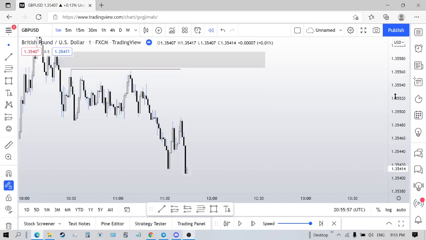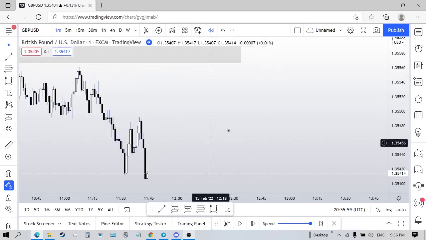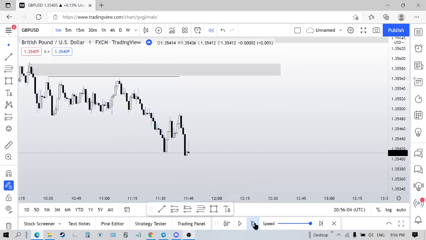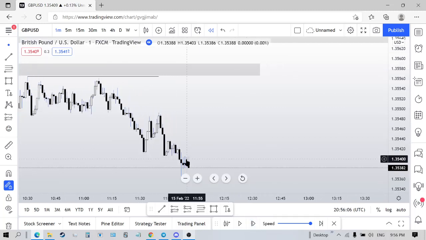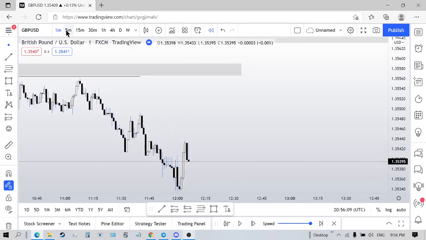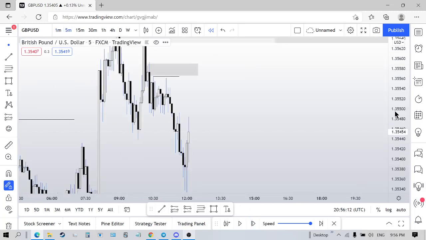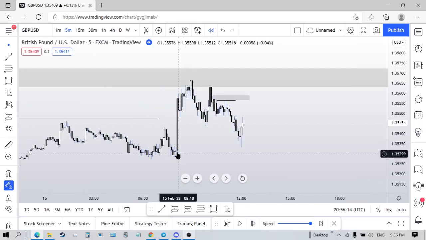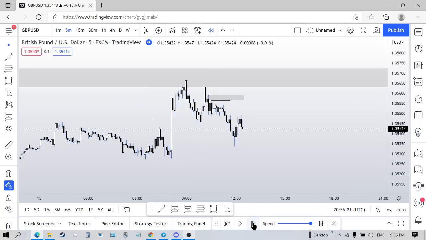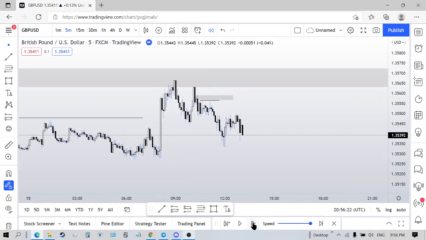Now what do you also have? You don't have much right here inside of here. This is what you will focus on here, right? So let's get close to New York. Let's go to the 5 minute. So I'm bearish, right? Even though we came into this down candle right here, I'm bearish. I can't be bullish right now. So let's continue.